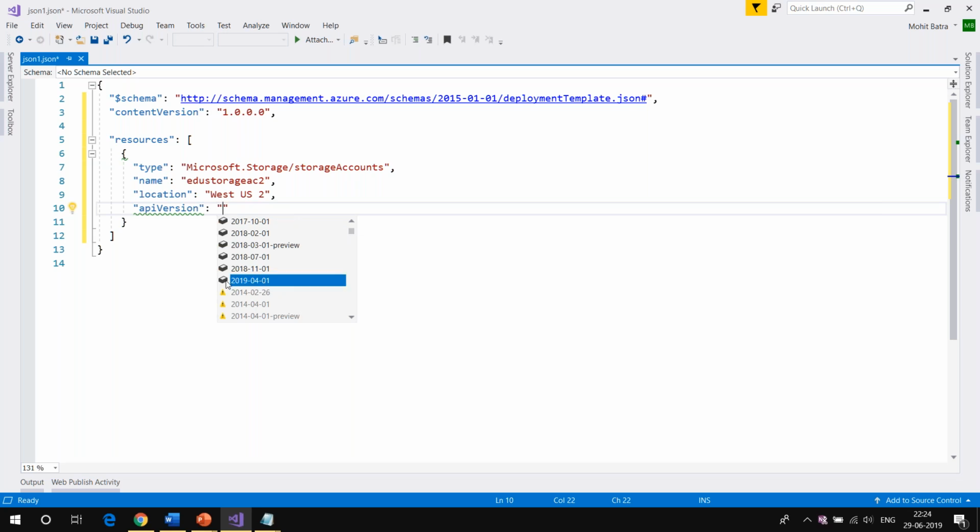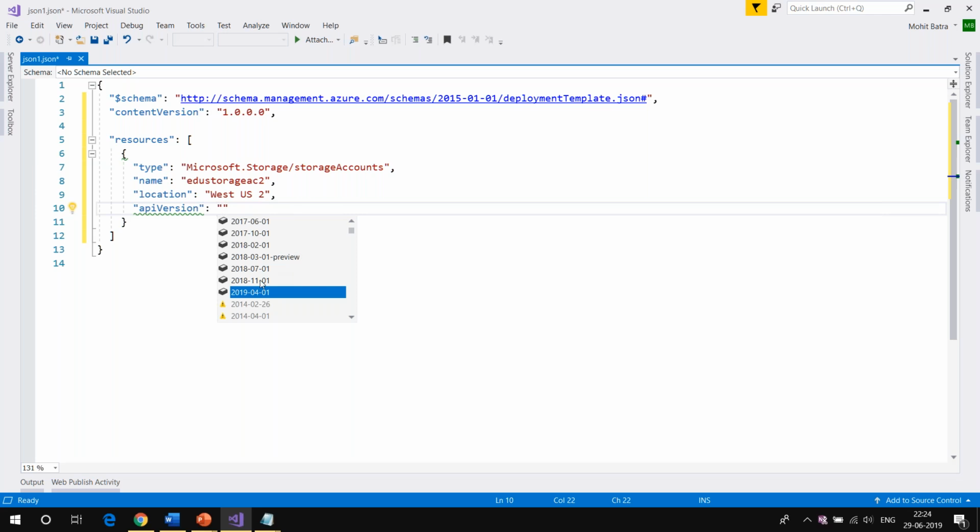And the latest one is 1st of April 2019. Okay, so they went ahead and created a newer version called 1st April 2019, and you can select any of these API versions. Whatever you are seeing with this mark, basically they are deprecated because that could be incompatible, but all these other API versions are compatible with the previous ones, so you can select any of these API versions.